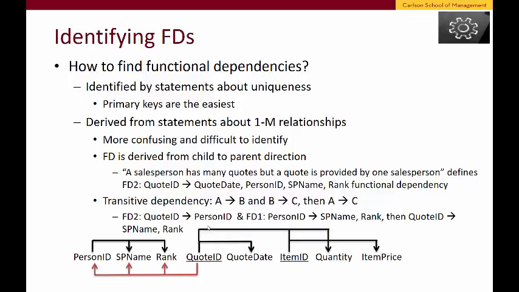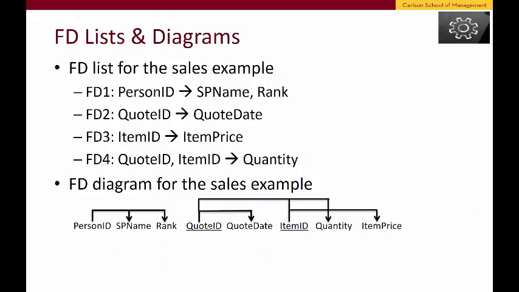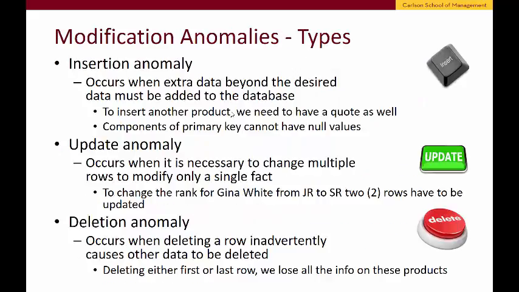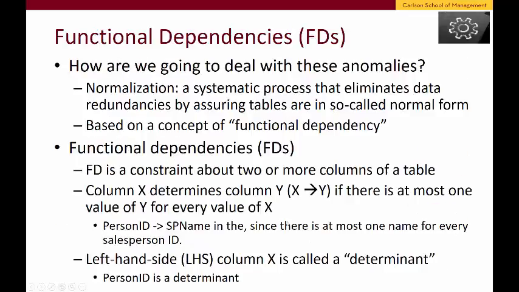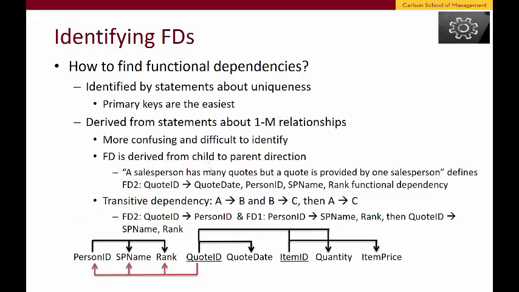This means we need to modify our FD2, okay, where quote ID determines quote date, or in other words, quote date is determined by quote ID. So it's not going to include only that, but it's going to include all the salesperson information as well. And this comes directly from this design 2 table, right? If I know quote ID, I know everything about Joe, his ID, his first and last name, and rank. Okay, so that is then added here in the middle of the slide, right? Quote ID determines not just the quote date, but person ID, name, rank, and anything else associated, right? Then that in turn,